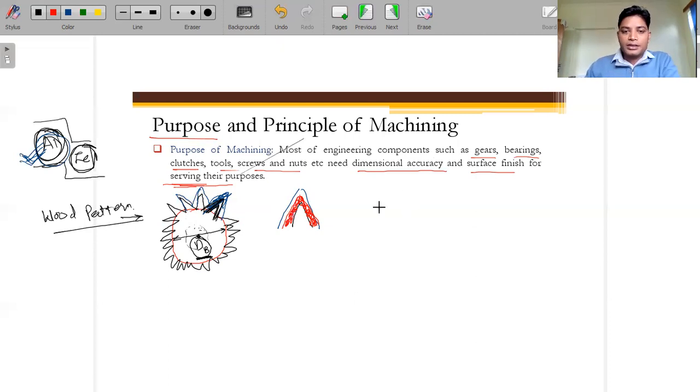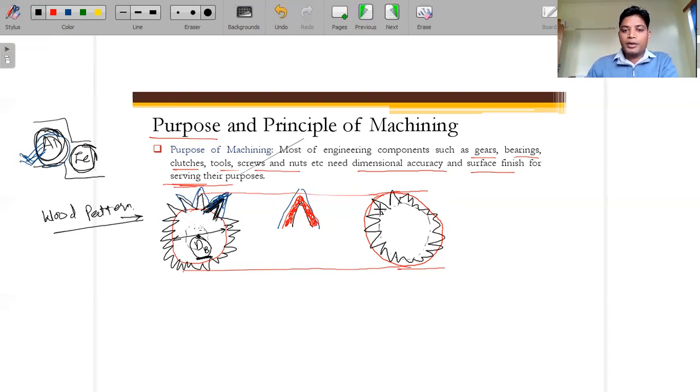Or there is another way, whatever the dimension you need, along with this teeth. In the beginning we are casting a disc, whatever the thickness or width of that gear is needed inside this plane. Just try to assume that this is circular and looks like a disc. If we have to make the teeth on that, we have the base circle, and on the basis of that base circle we are producing such kind of teeth.